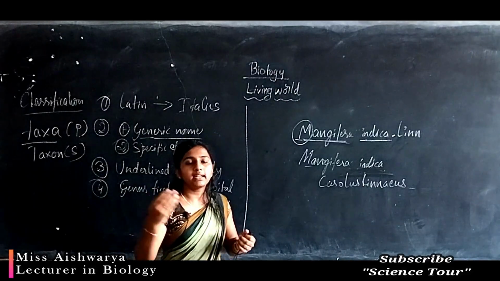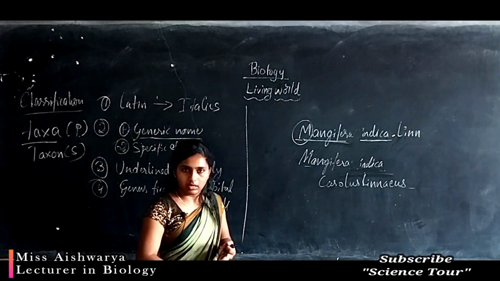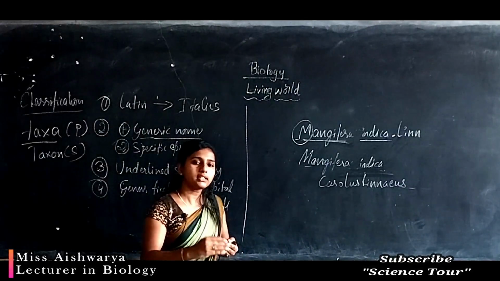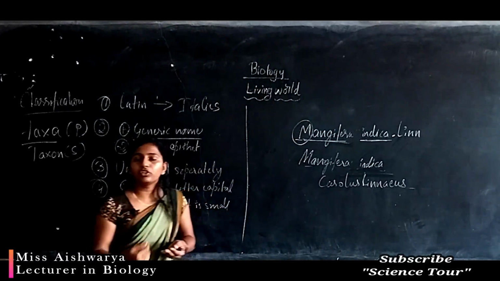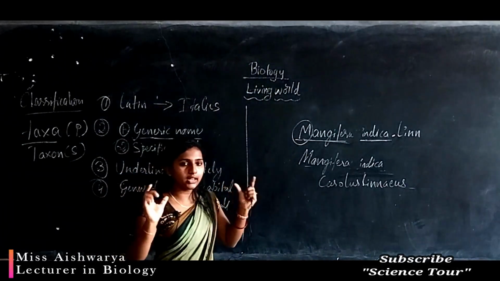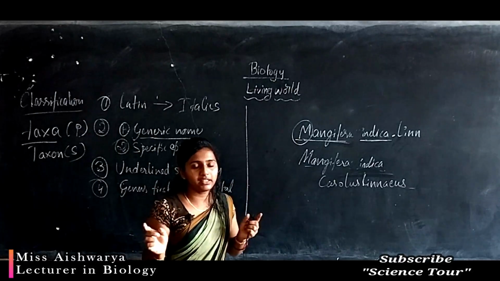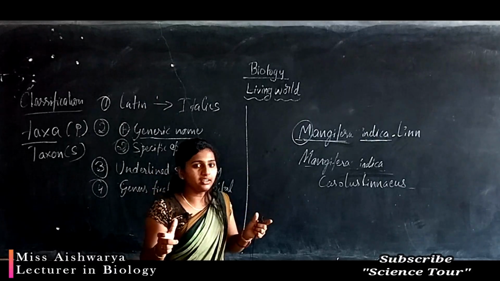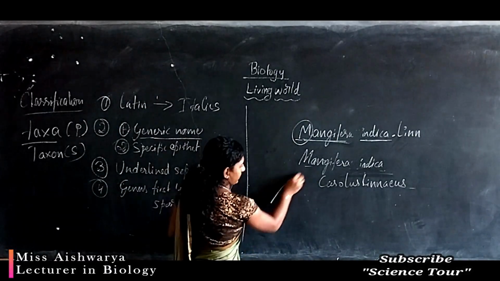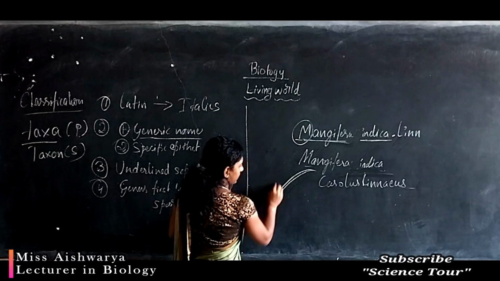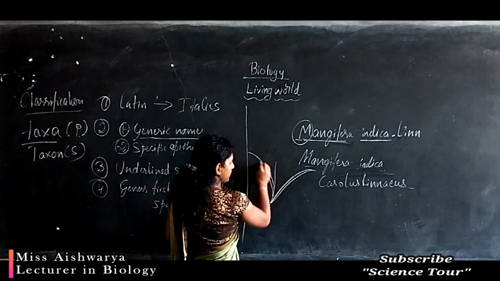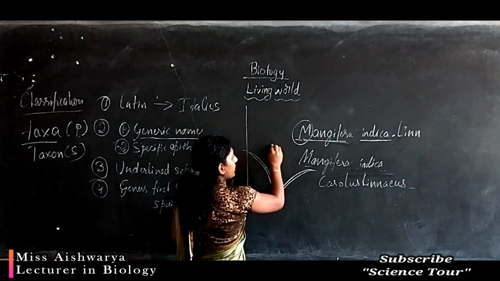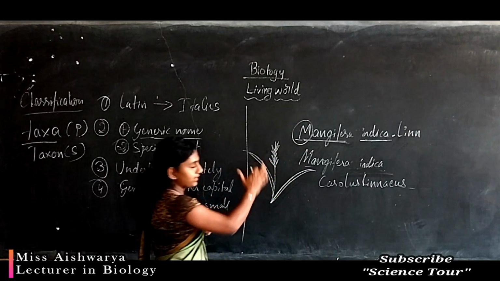If you see our surroundings, I have given an example, we can clearly identify the different types of organisms, that is plants, animals, insects, and microorganisms we cannot see, but still we can categorize them into separate groups. If you say wheat plant, you will get a clear-cut picture of the wheat plant, right? If you take rice, you will imagine the rice plant with the long leaf, stem, and their inflorescence.